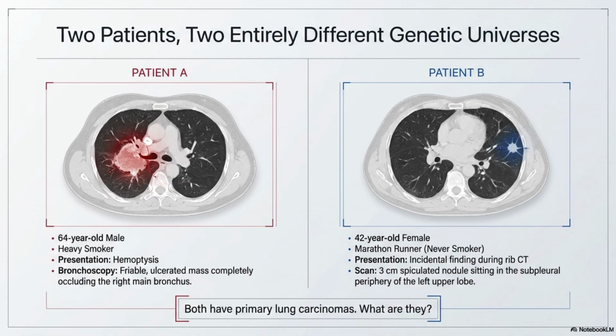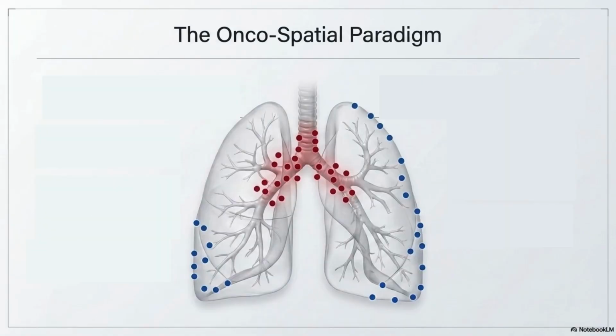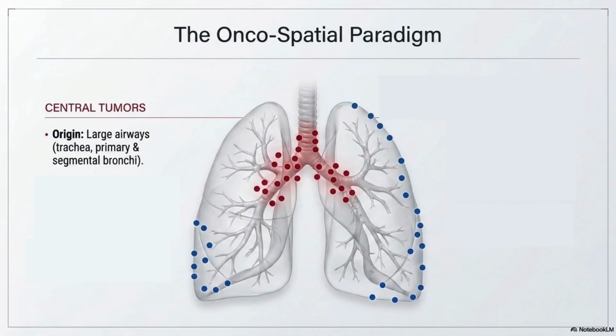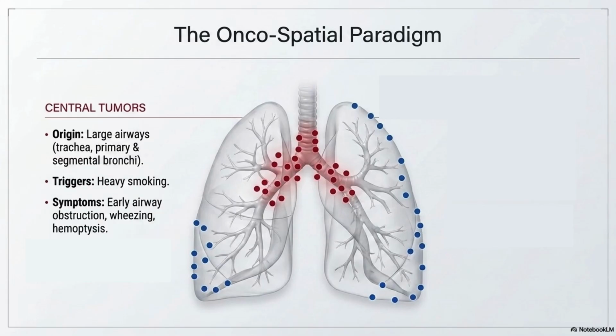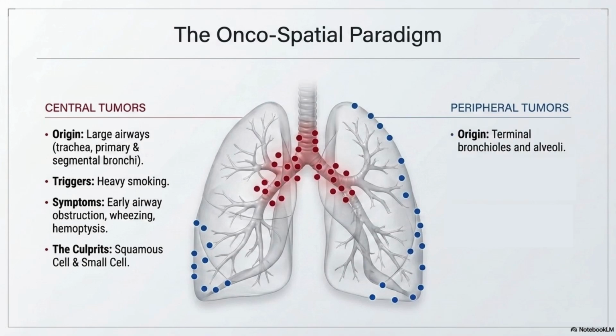To answer that, you need to understand the oncospatial paradigm. Lung tumors are categorized by where they take root. Central tumors originate in the large airways, the trachea, primary, and segmental bronchi. They are triggered by heavy smoking and cause early airway obstruction and wheezing. The culprits here are squamous cell and small cell carcinomas. Peripheral tumors, on the other hand, originate in the terminal bronchioles and alveoli. They grow silently until pleural invasion occurs. The main culprit here is